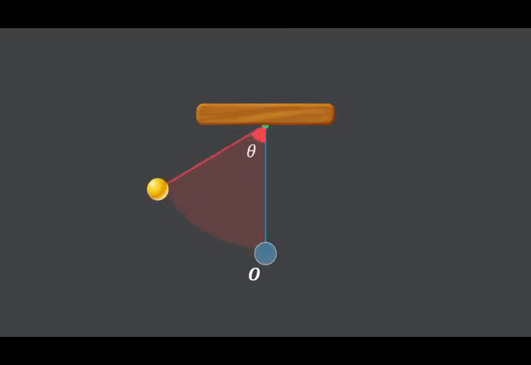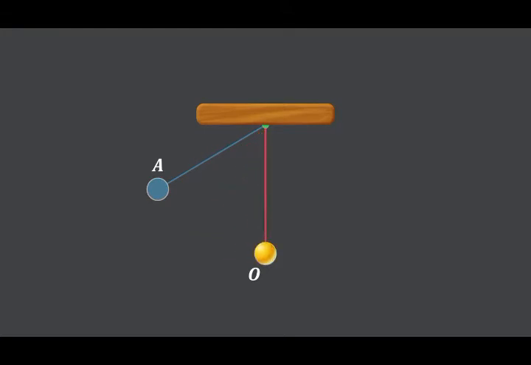If we displace the bob to an extreme position A, we still have its weight mg acting downwards. If we carry out the resolution of this force and break it down, we can see that we have a force mg cos theta acting in this direction and a force mg sin theta acting in this direction. The force mg cos theta is cancelled out by the tension in the string as the tension acts in its opposite direction. Finally, what remains is the force mg sin theta that pulls the bob towards the mean position. This makes the bob move towards the mean position O.